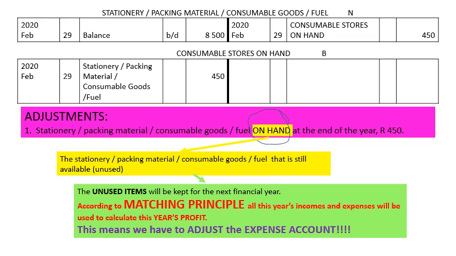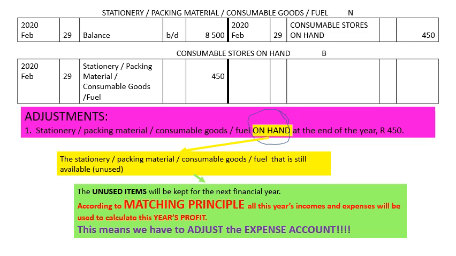Right, now the adjustment tells us that stationery or packing material or consumable goods or fuel on hand at the end of the year. On hand means that is what is left or unused at the end of the year. Now, remember, any unused items will be kept for the next financial year. You are not going to throw the stationery away that you bought this year because you did not use it this year. You're going to keep it in your storeroom or in your stationery cupboard